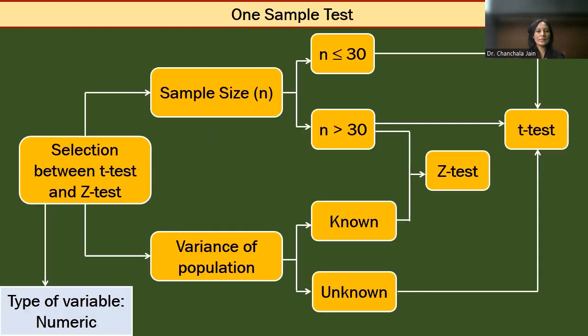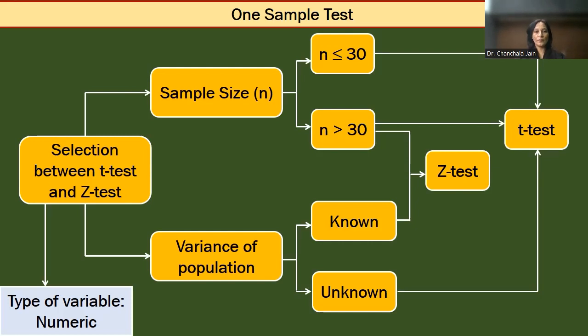So friends, firstly I'll talk about one sample test. That means when we want to compare the population mean with some value, or when we want to compare the population mean and the sample mean, that is a case of one sample test. So the selection of t-test and z-test depends usually upon two things, or rather I can say three things. The first one is the sample size, second one is the variance of population, and third thing is the type